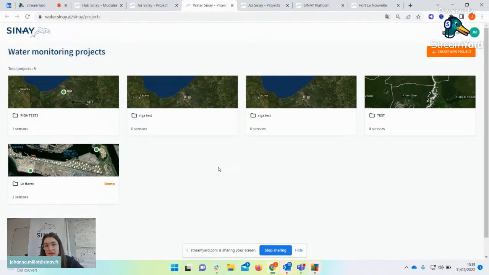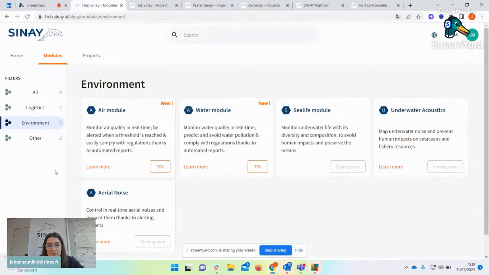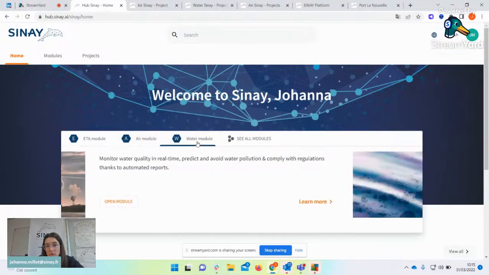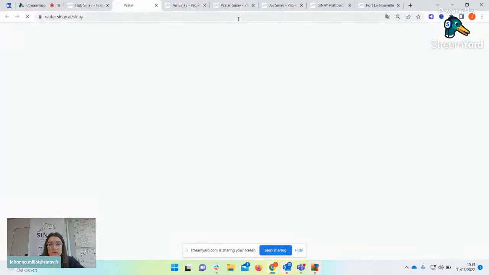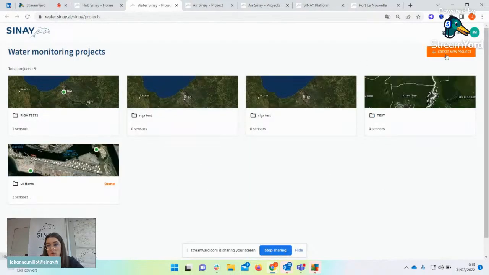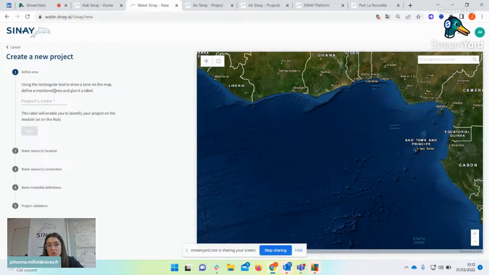As you can see, it's fairly similar. So just to go back, you can access all of these modules either from the modules tab of the homepage of the Sinay hub, or you can go straight from home here, water quality, and then you can open the module. And then very similarly, as you can see, you have the list of all your projects here, and you can create a new project. And the way that the water quality monitoring works is in the same manner. You have a very simple and intuitive project creation